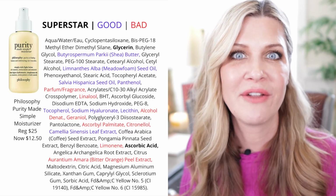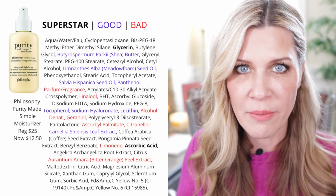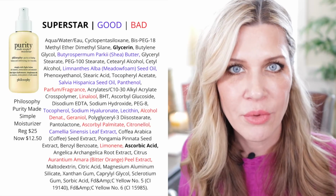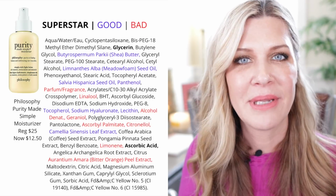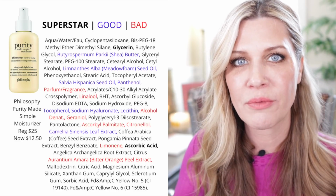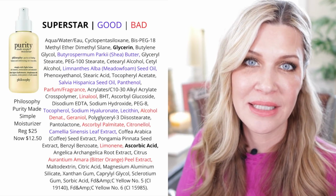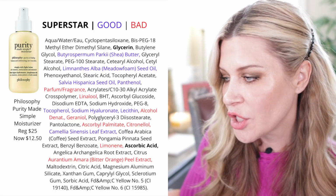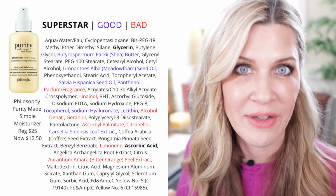So if you are someone who's trying to figure out how to read ingredient decks and they're overwhelming, there's a lot of big words that are not familiar, that are not everyday words. Look for the things that you know you don't want and eliminate. You will be able to sort through things quickly if you know the products that you don't want to use. And anytime I see a citrus peel oil, it immediately takes that product out of the mix for me. So that is also a no for me. So that you know, it is normally $25 and it will be